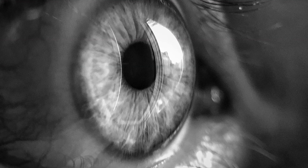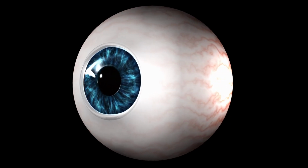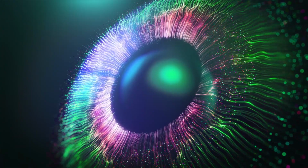Now the cornea is a clear dome right on the front of the eye that covers the iris and the pupil, and it's made up of a bunch of different layers. Now the outermost layer of the cornea is called the epithelial layer, and it's the area that's exposed to the air and your eyelid, and that's usually the layer that gets scratched. Now what's really interesting about the cornea is that there are a lot of nerves. In fact, more nerves per area than really anywhere else in the body. So if you scratch the cornea, you get a corneal abrasion, you expose those nerves and can be really irritating